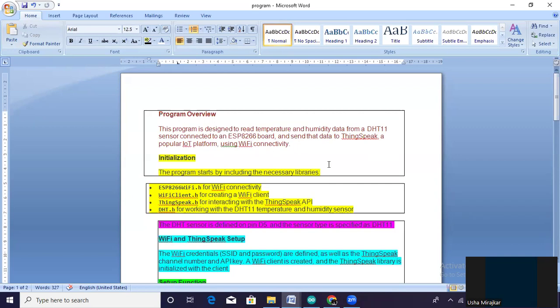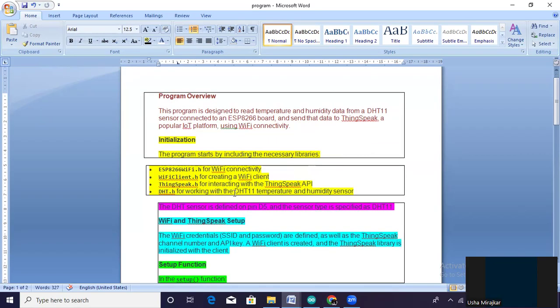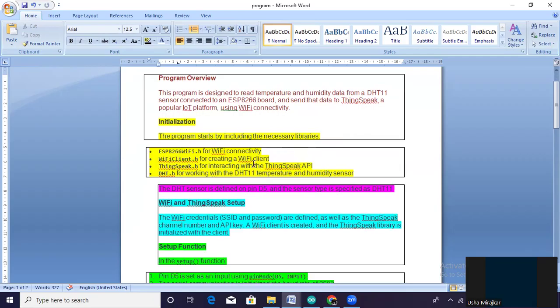Now the initializations for the program, that is, the library initializations. First one is for Wi-Fi connectivity, for that the ESP8266WiFi.h library. Second, for creating the Wi-Fi client, WiFiClient.h.